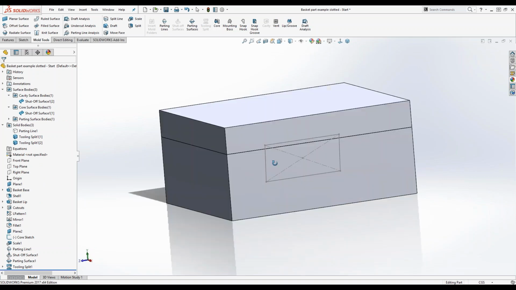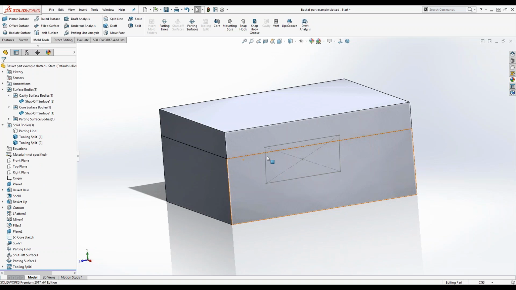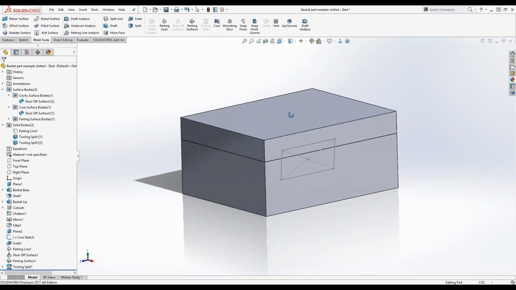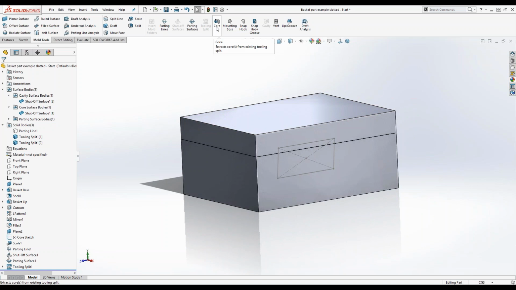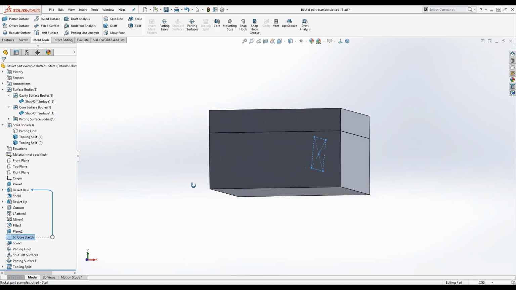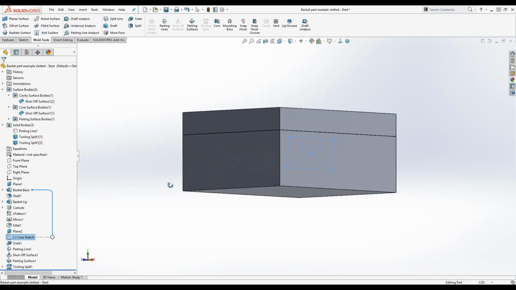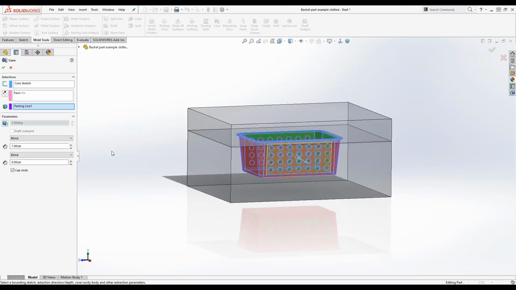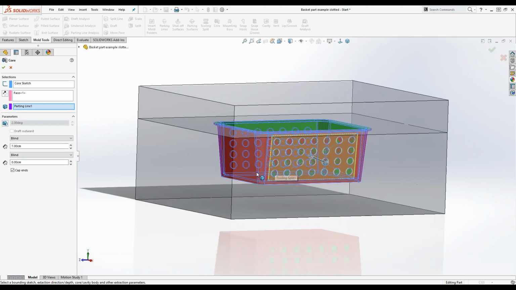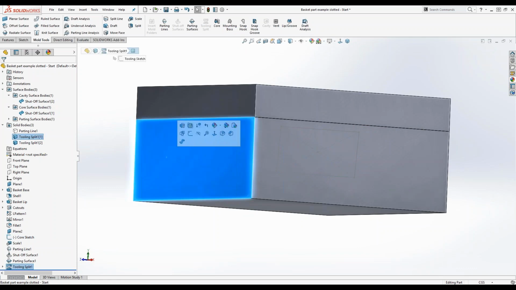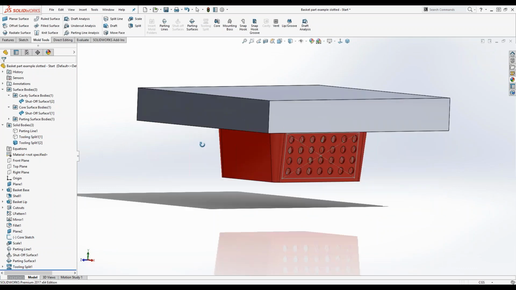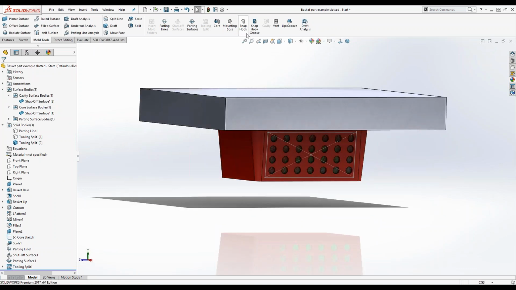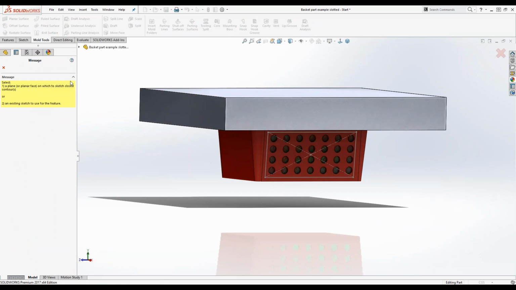We need to figure out how we're going to make those circle patterns on the sides that I talked about before, right? So I'm going to go ahead and utilize this core tool. I already have a core sketch created on the side of my part. You can see that it's an angled sketch along that face of the basket. I'm going to grab that sketch. First, I'm actually going to hide this bottom half. And then I'm going to do the core,